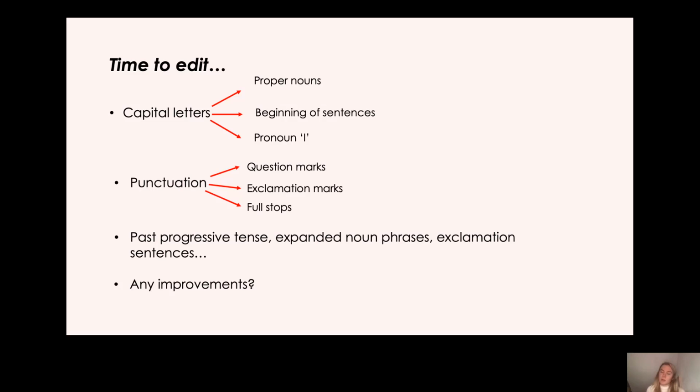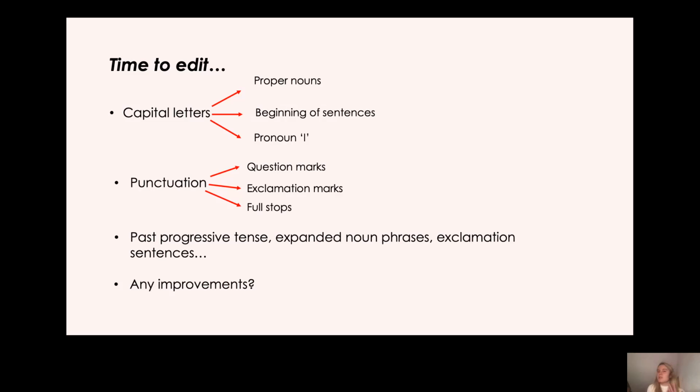Your exclamation sentences, you need how or what, and then you need to check what's after it. Remember, after how, you have an adjective, and after what, you have a noun phrase, and you need your exclamation mark at the end. And then for questions, always start with a question word and a question mark at the end. So pause the video now and check that you have formed all of these different elements correctly. Okay, year 2. So we are on to our last thing that we need to edit.